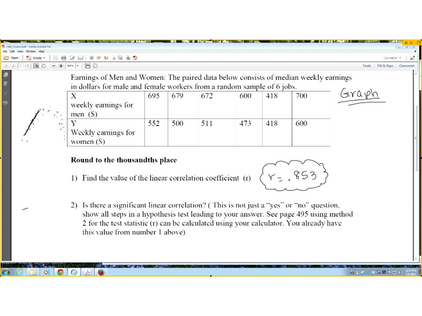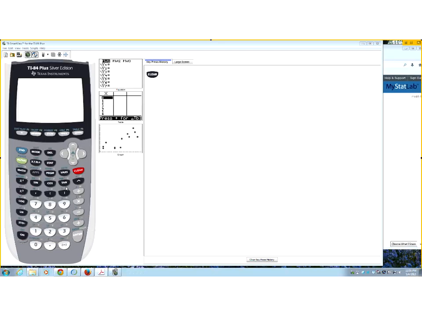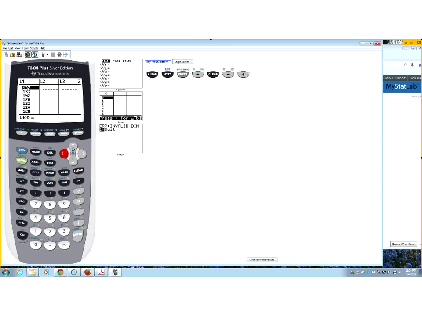So I am going to take you over to the calculator. And so now you should see the calculator on your desktop. So you went into Stat, hopefully, and enter, and then you just entered your data. Now I have data in L1 and L2, so of course you want to make sure you clear. All right, so in for L1, I'm going to go ahead and put my weekly earnings for men, and that's what's in X. So 695,